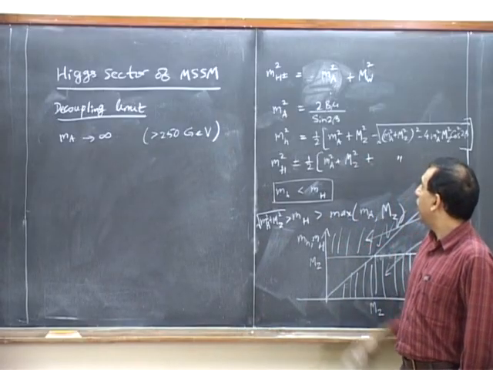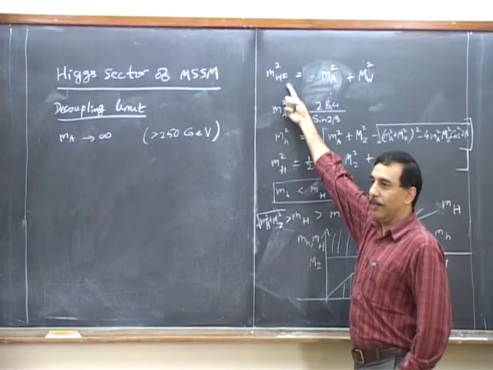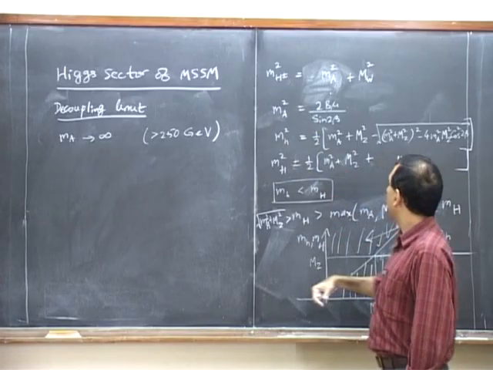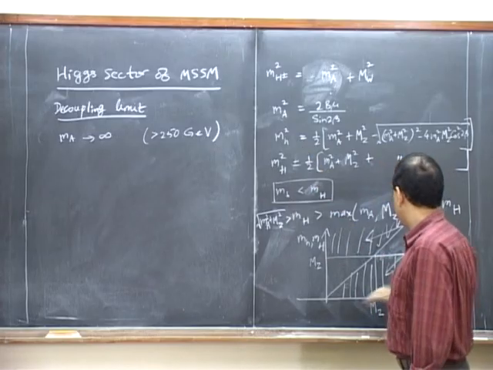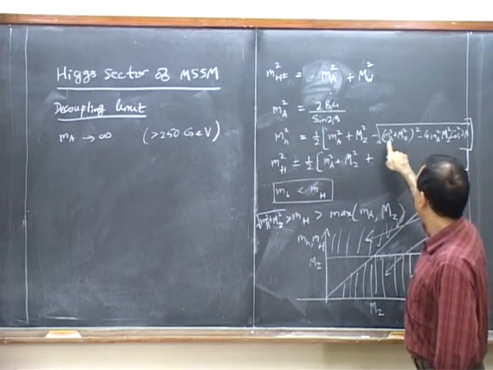When we do that, of course, we note that these become infinitely massive too. This becomes infinitely massive too. But this one is always bounded by this thing, and that's because this one